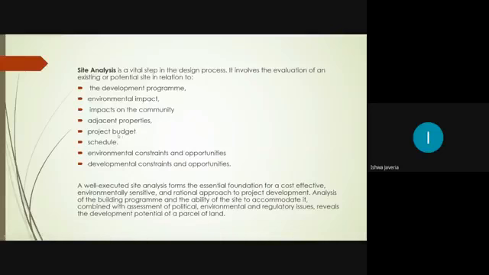Project budget: the most important thing is how much budget the client has for your project. Then another thing is schedule, how the project is going to be handled, and then environmental constraints and opportunities: what the sun angles are in different seasons, and how we are going to handle these sun angles according to our